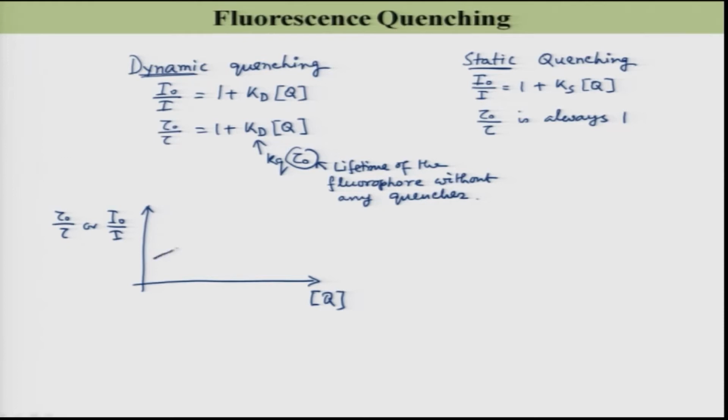Then I will get a straight line with slope equal to K D and intercept equal to 1, for both tau 0 by tau and I 0 by I. However, in the case of static quenching,